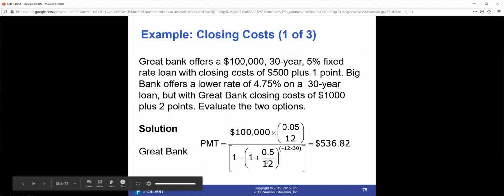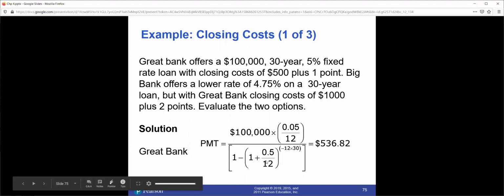So you need a $100,000 30-year loan. Your choices are: do you want to do a 5% fixed with $500 plus 1 point, or do you want to do a 4.75% fixed with $1,000 plus 2 points? What do we want to do here? Well, let's plug the numbers in, find out what happens. What are my payments for each of these options? Great Bank,